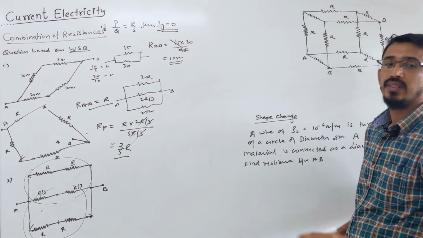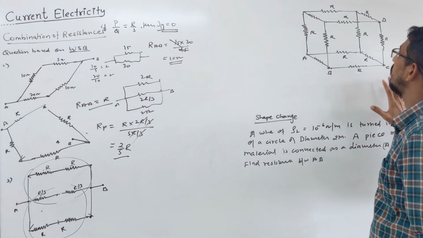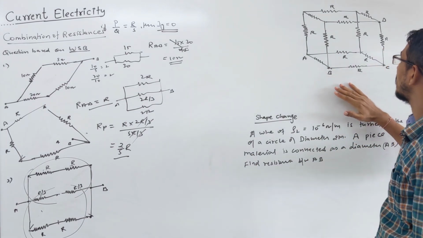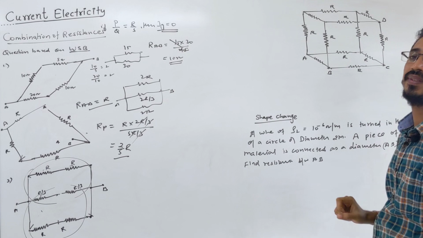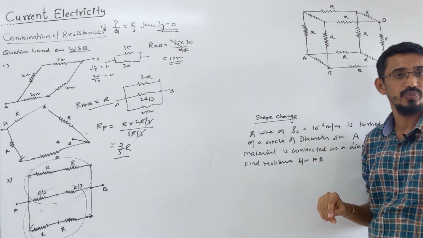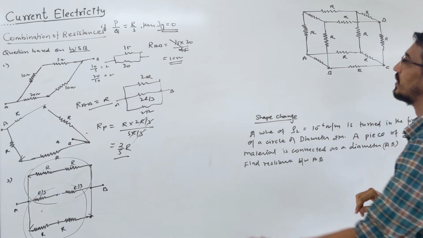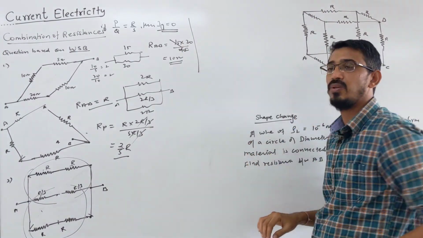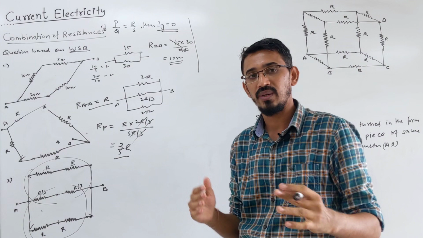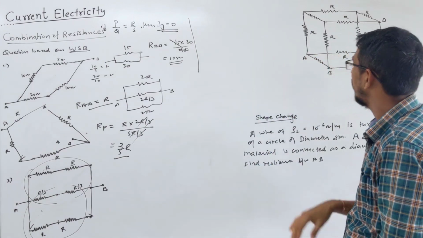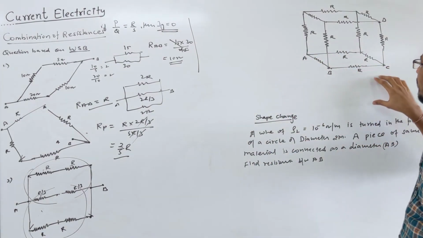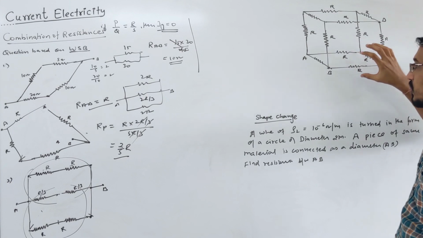Yes, okay. So what happens in the cube problem? There are 12 resistances connected to the 12 sides of this cube. All values are the same. Then they ask you 3 questions here: find the resistance across any face diagonal, body diagonal, and across any side. Three possible questions we have, and we solve this question using Kirchhoff's law.